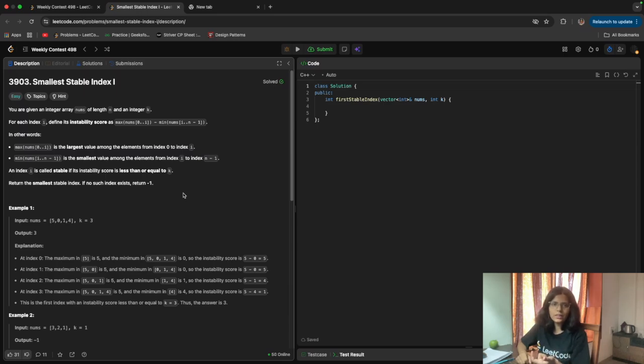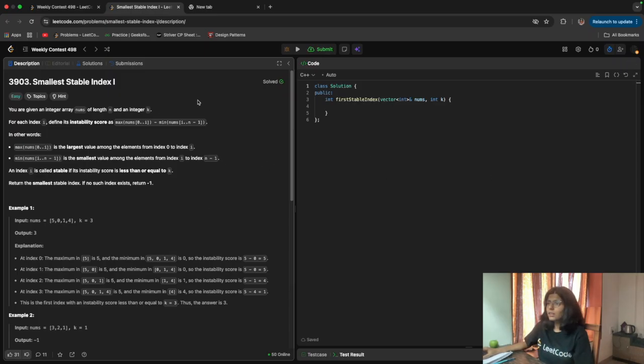That value is called the instability score. If that instability score is less than or equal to k, then that index is considered a stable index, and we need to return it. As they have told us the smallest index, as soon as we find that index we return it. We don't need to store it.